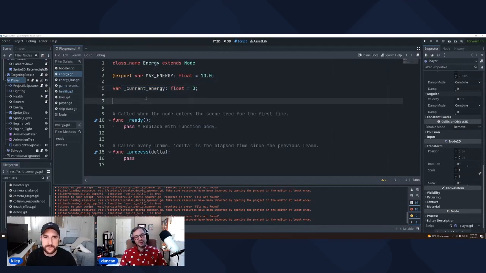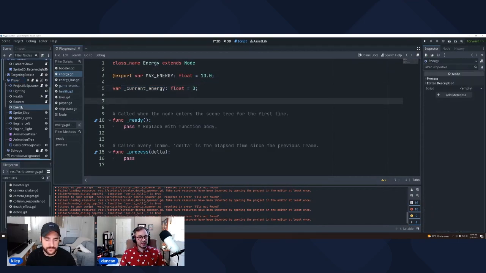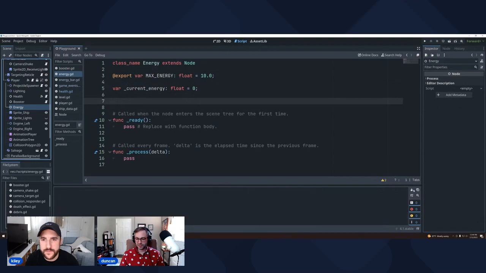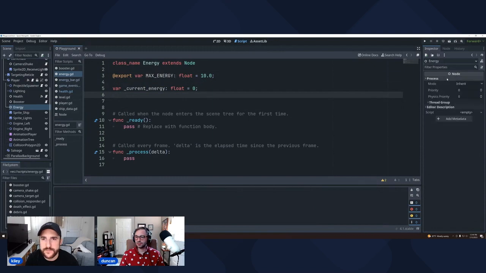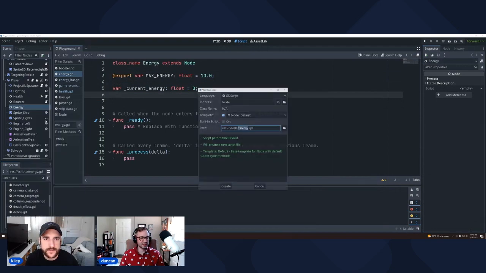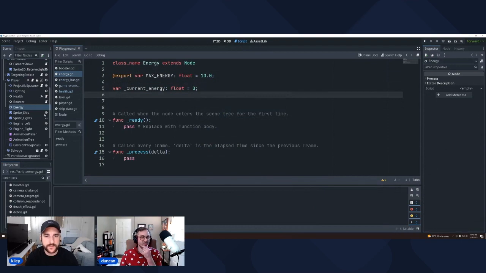So to actually look at that, if we click on energy over here, we can see that, well, nothing is showing up. Oh, it's because we haven't attached the script to it. So that's one thing to note: I made this node without the script.